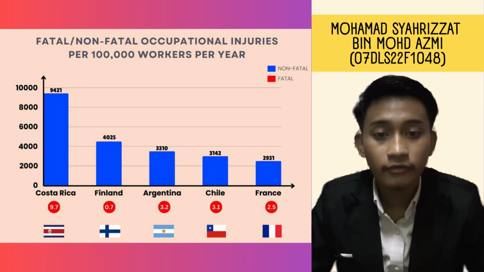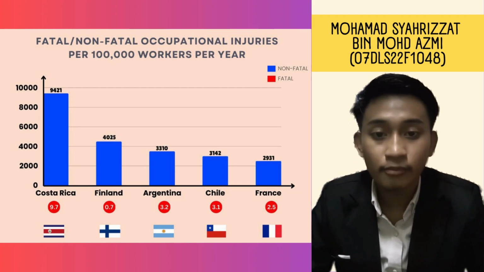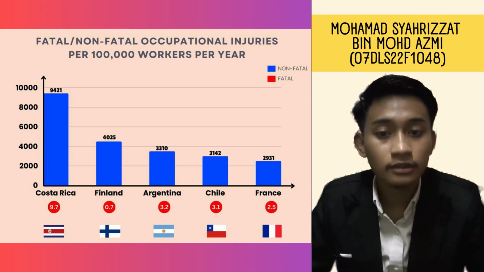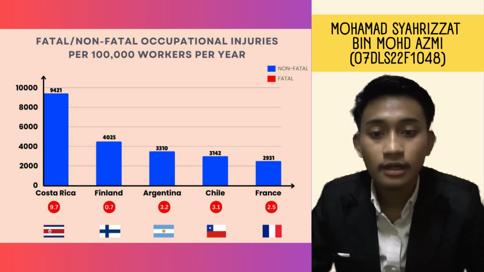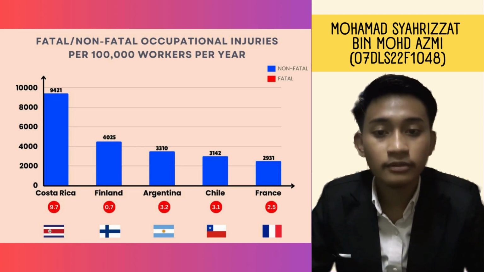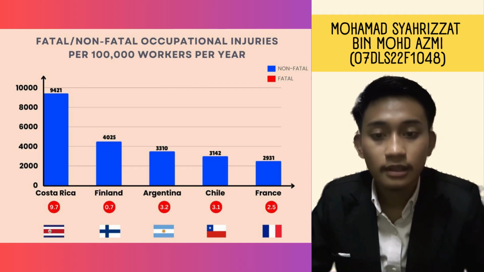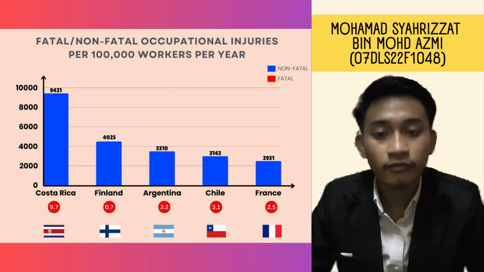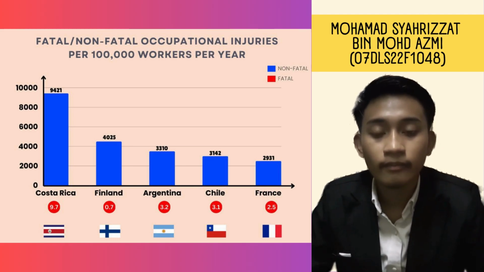In contrast, Finland has the lowest fatal injury rate at 0.7 and 4,025 non-fatal injuries, indicating a strong focus on safety regulations. Argentina and Chile have similar figures, with a fatal injury rate of around 3 and non-fatal injuries over 3,000. This suggests moderate risk levels in these countries. Last but not least, France has a fatal injury rate of 2.5 and non-fatal injuries just under 3,000, reflecting a